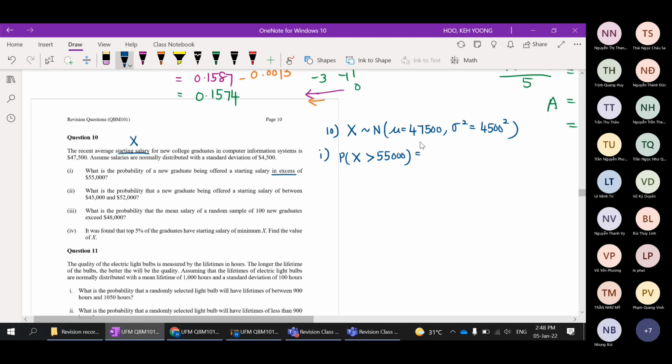So convert it to Z. Let me show you for one last time: take the X value given minus the mean, divided by the standard deviation. Z is more than